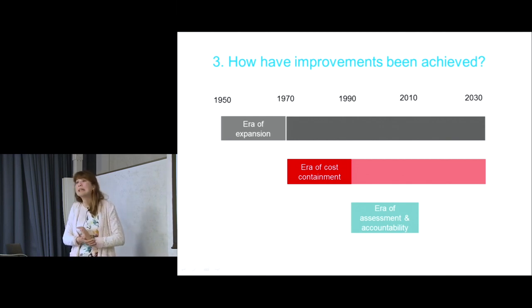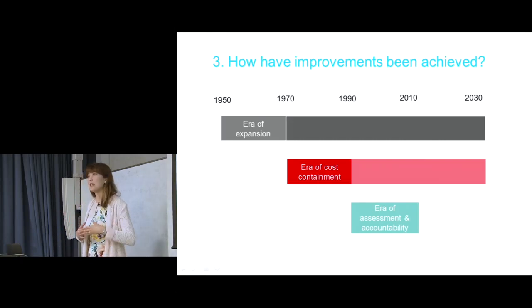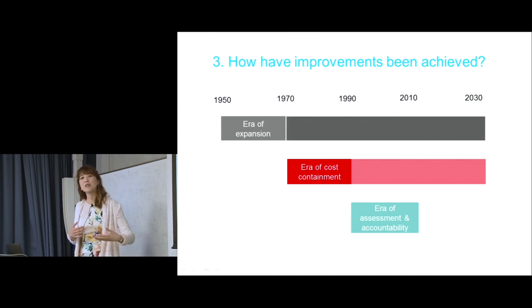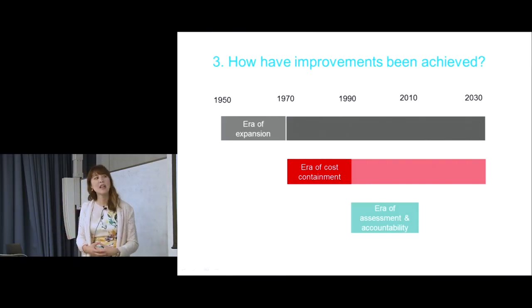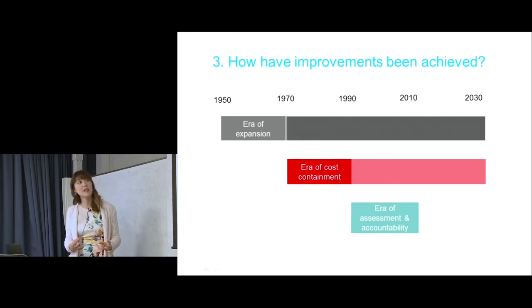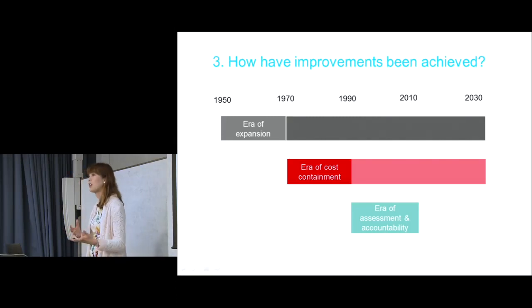And then sometime in the late 1960s, people realized that costs were soaring, and actually, this is not the limit. There were more and more treatments coming about, and more and more money was spent on health, and governments were getting more concerned, and so that was the era of cost containment, and lots of financial means of constraining healthcare expenditure was really the focus. So from the 1970s was the era of cost containment.